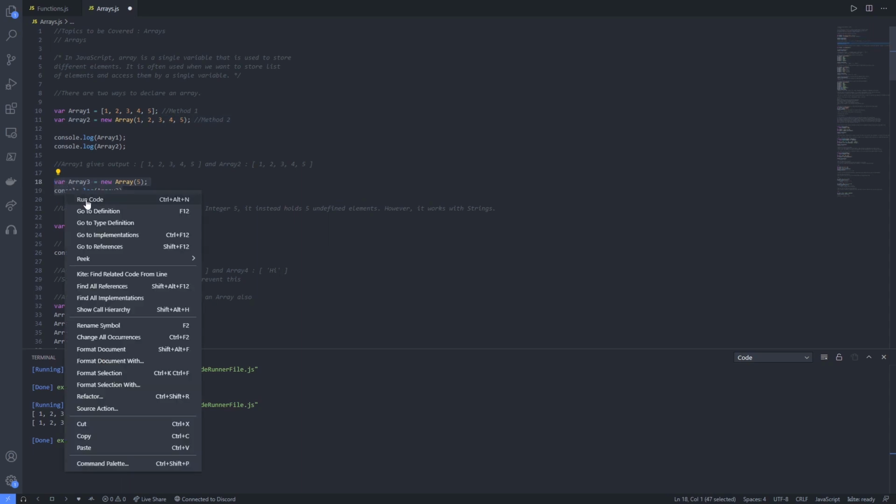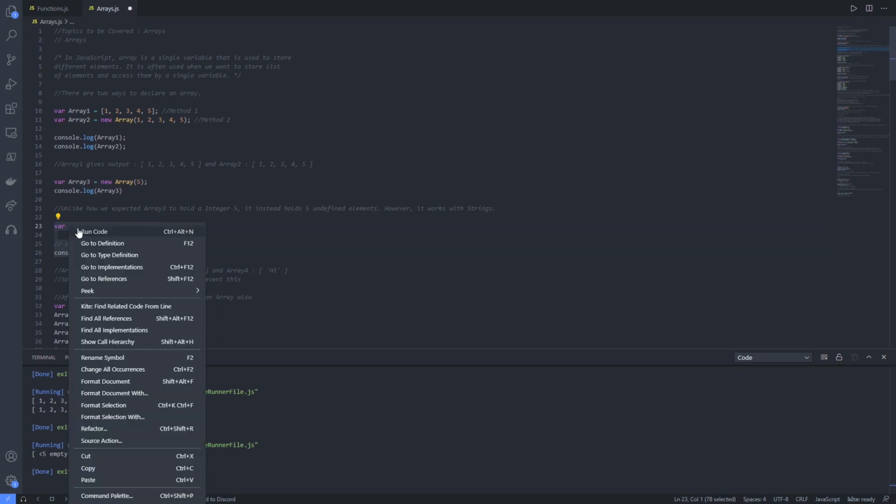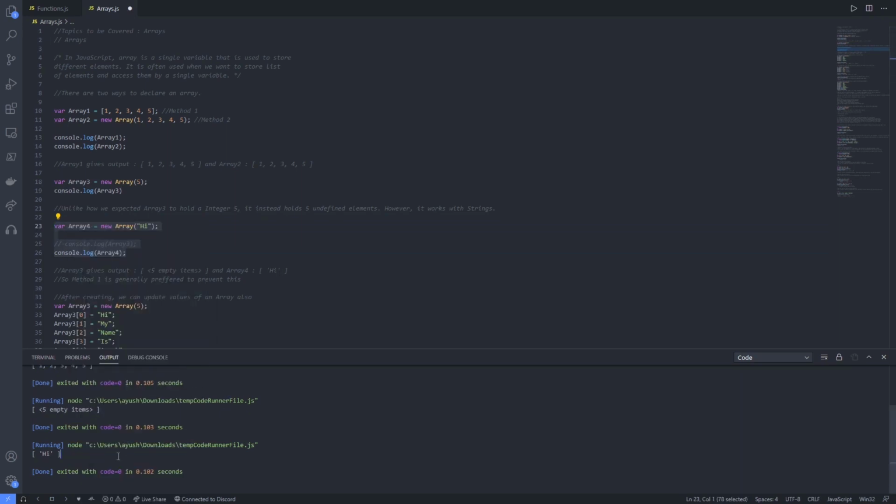It in return gives us an array of 5 elements, but all of them are empty items. Whereas it works with strings directly, so you can input a string using the direct method and it will work as is. So you should not use the new Array function when you want to initialize it with an integer.